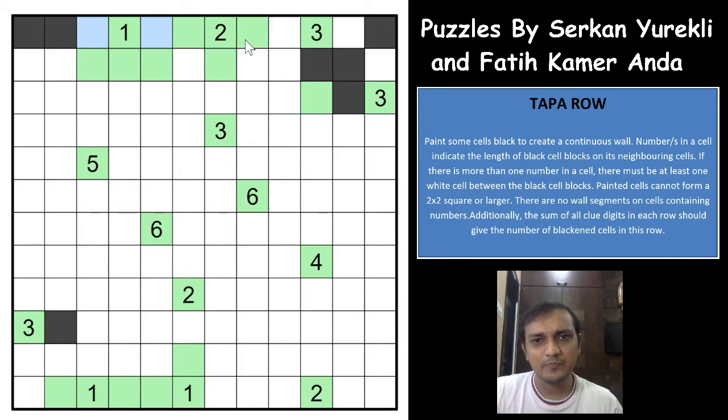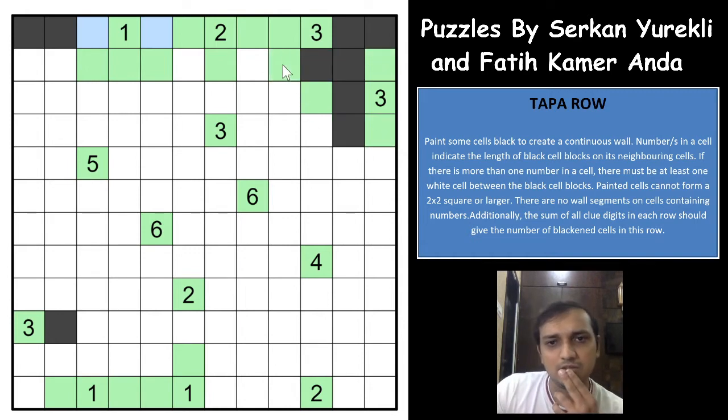Why? Because you have 2 shaded cells. So if this is shaded, this will also be shaded, and 3 gets violated. So this is unshaded, this is shaded, sorry, okay, this is unshaded now, and one of these 2 cells will have to be shaded, right? So let us not mark that here because that might confuse us. That's a really good piece of logic actually.